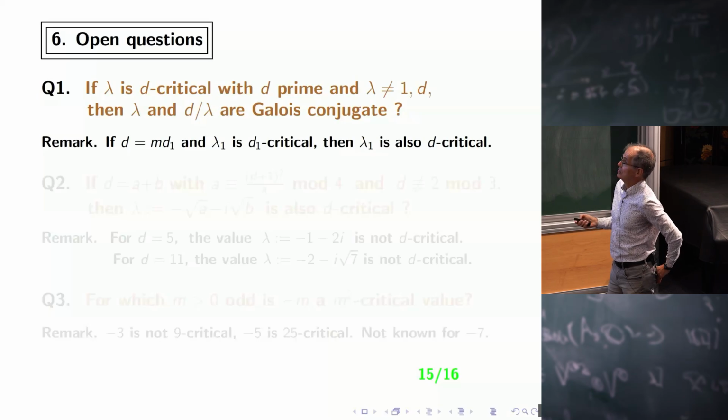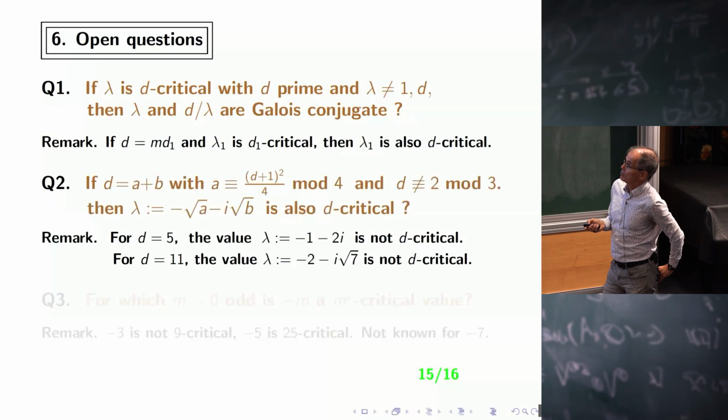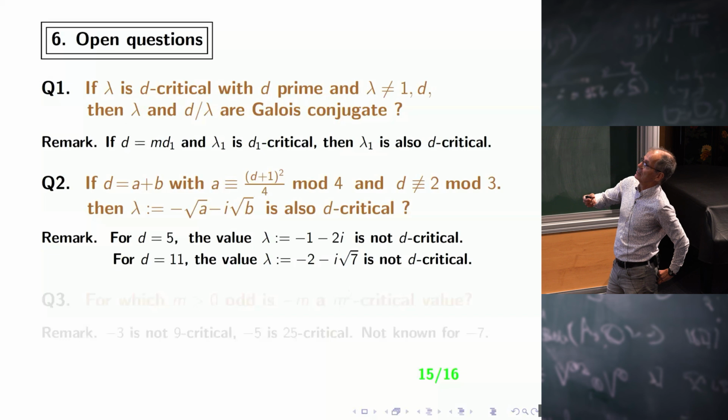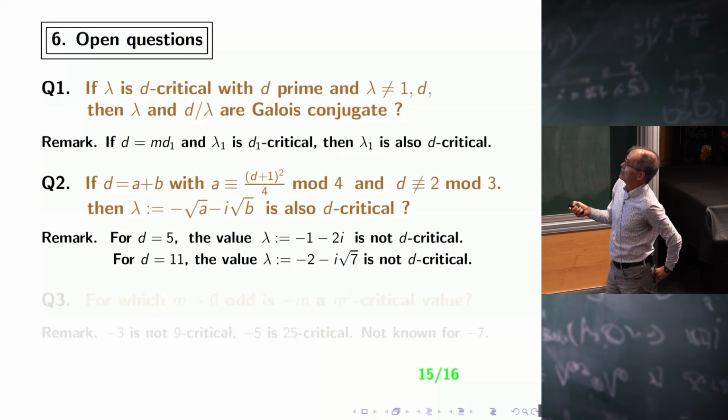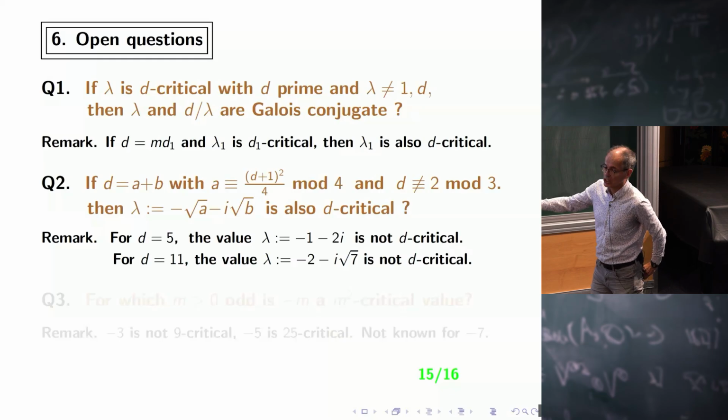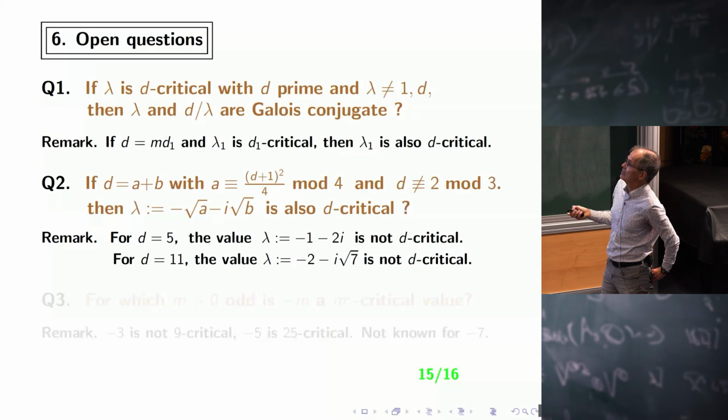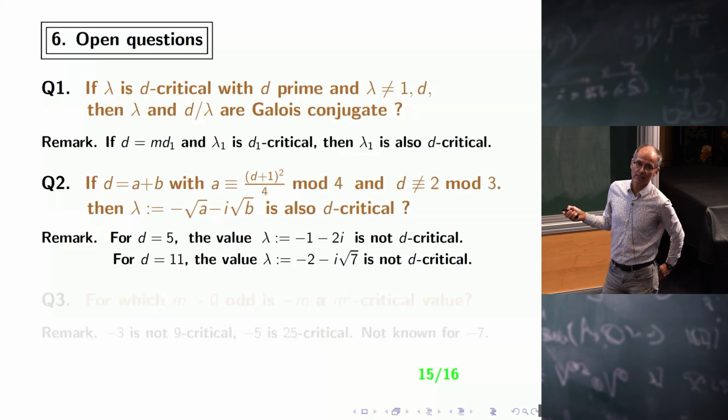It's about my proposition 1. And proposition 1 looks very much like this question 2. Proposition 1 was telling us that always, when A plus B is D and under this congruence condition, square root of A plus i square root of B is D critical. And we notice that the set of D critical values is invariant by Galois conjugation. So then you deduce that minus square root of A minus i square root of B is also D critical, okay? Except